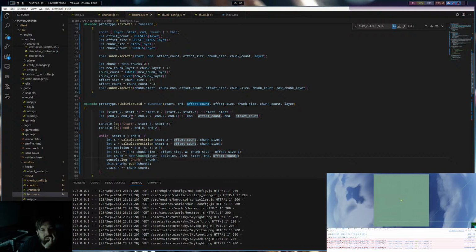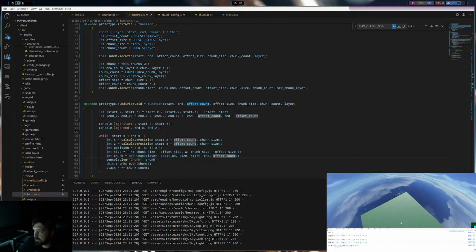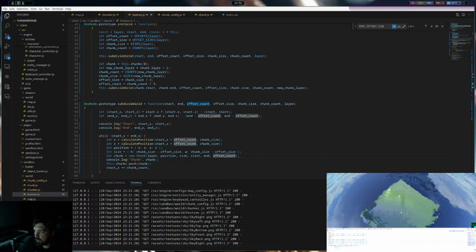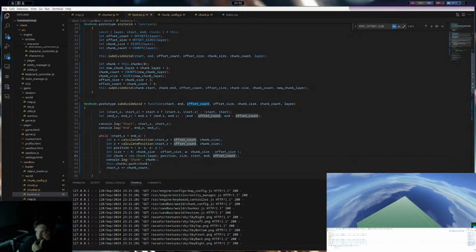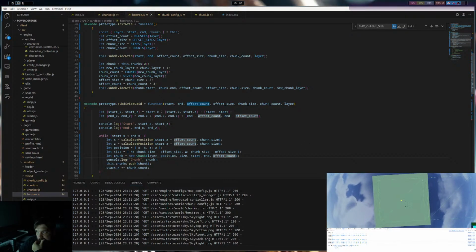So here, start x and end x should be. Oh, we've actually got 6 chunks. Well, I mean, it should have actually created the chunk count. I think we should see these subdivided chunks, though.